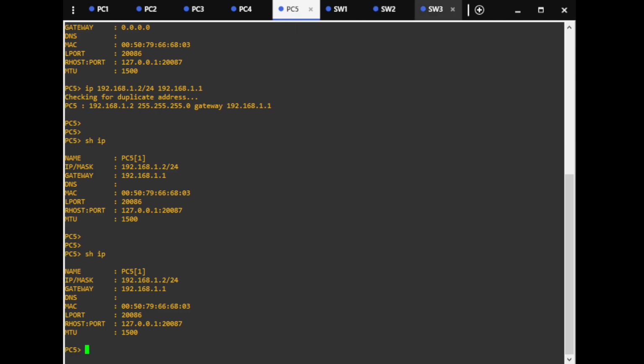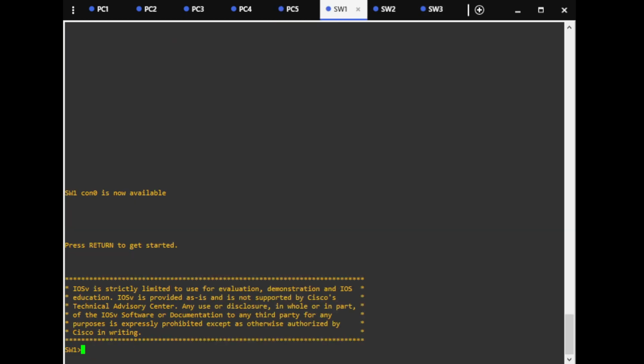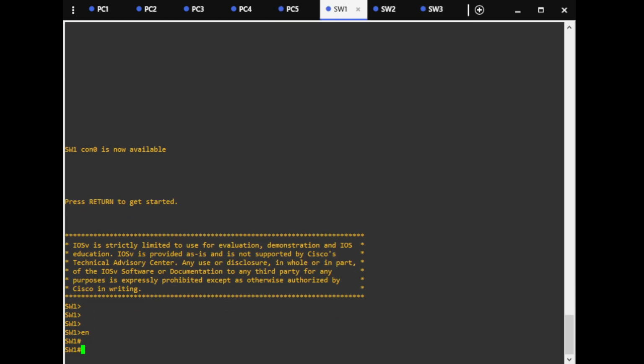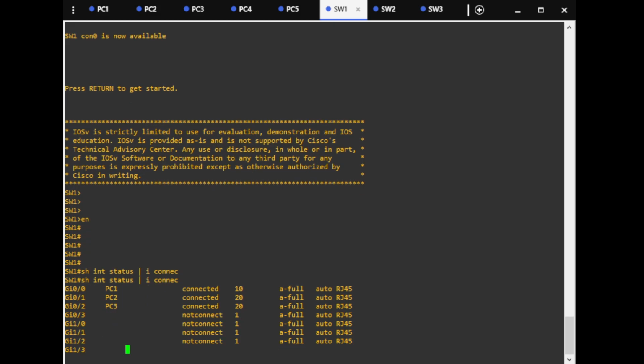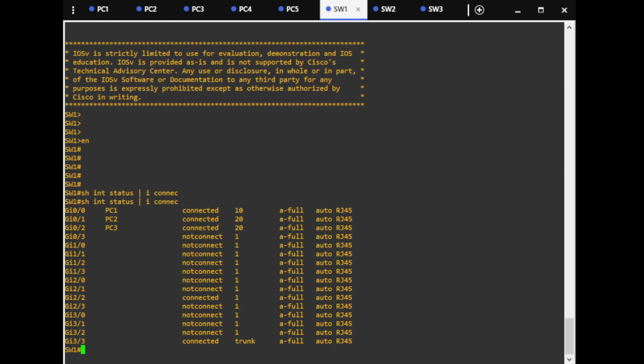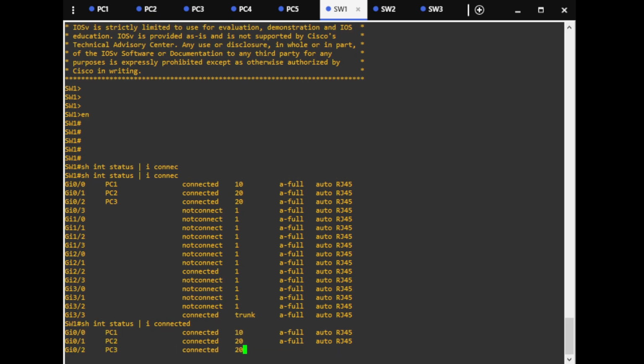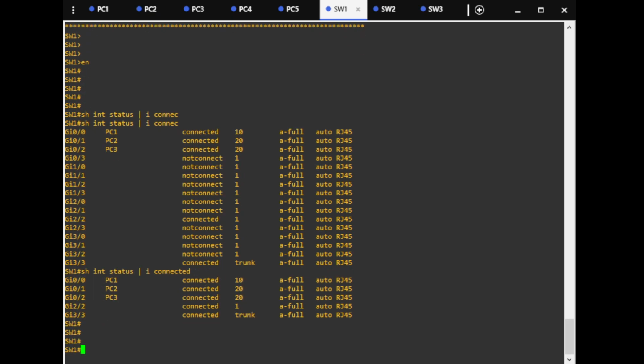All right, so let's jump over to switch 1 and let's show interface status, include connected. I didn't spell that out right, didn't finish that. So it should just give us the links that are connected and up, and gig 2/2 is